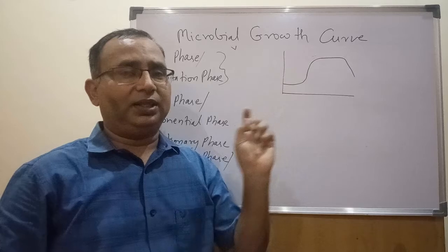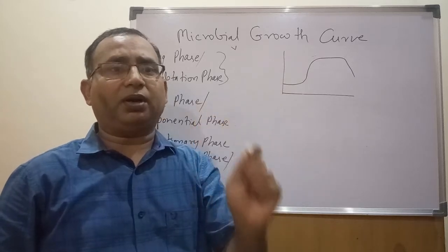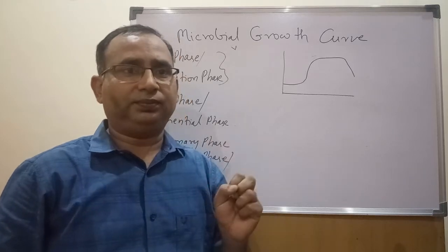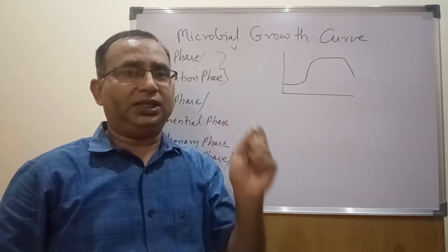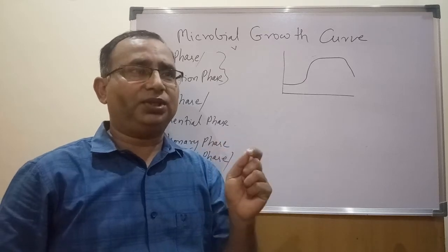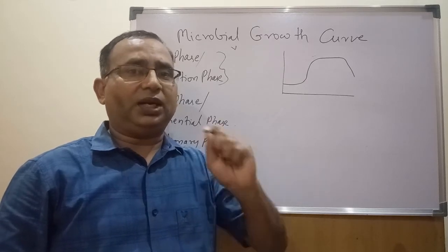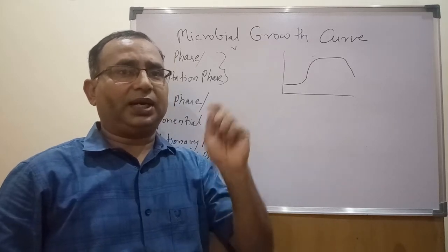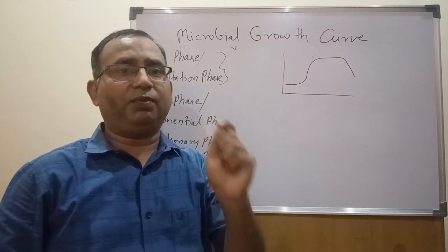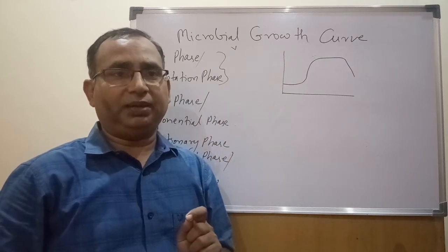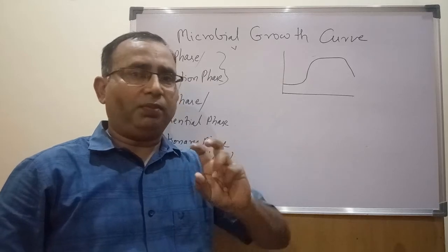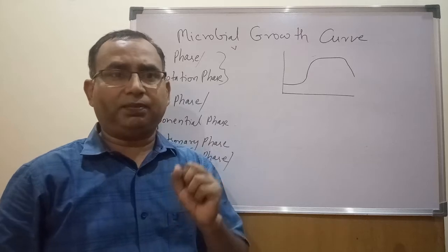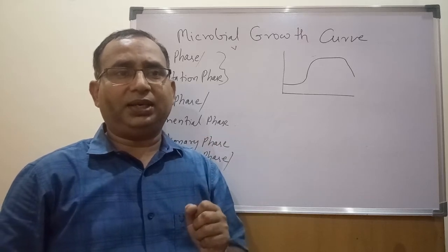Why is no increase in microbial population observed in the initial few time duration? The reason is that the moment a microbe or microbial species is added inside a fresh nutrient medium, the microbial cell starts synthesizing the enzymes which are capable of utilizing the nutrient components available inside the nutrient medium. So, microbe takes some time to synthesize the required enzymes for utilization of nutrient components present inside the nutrient medium.